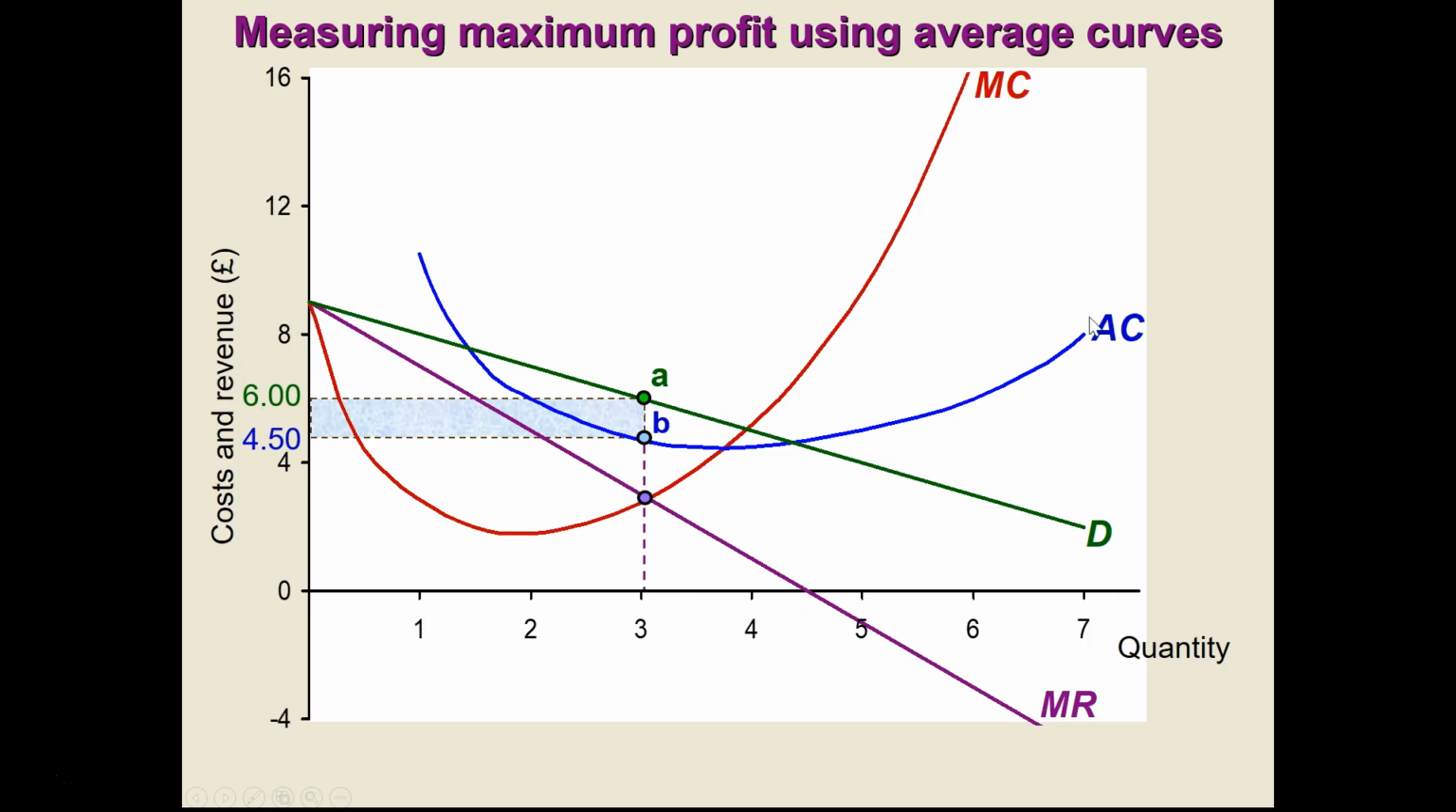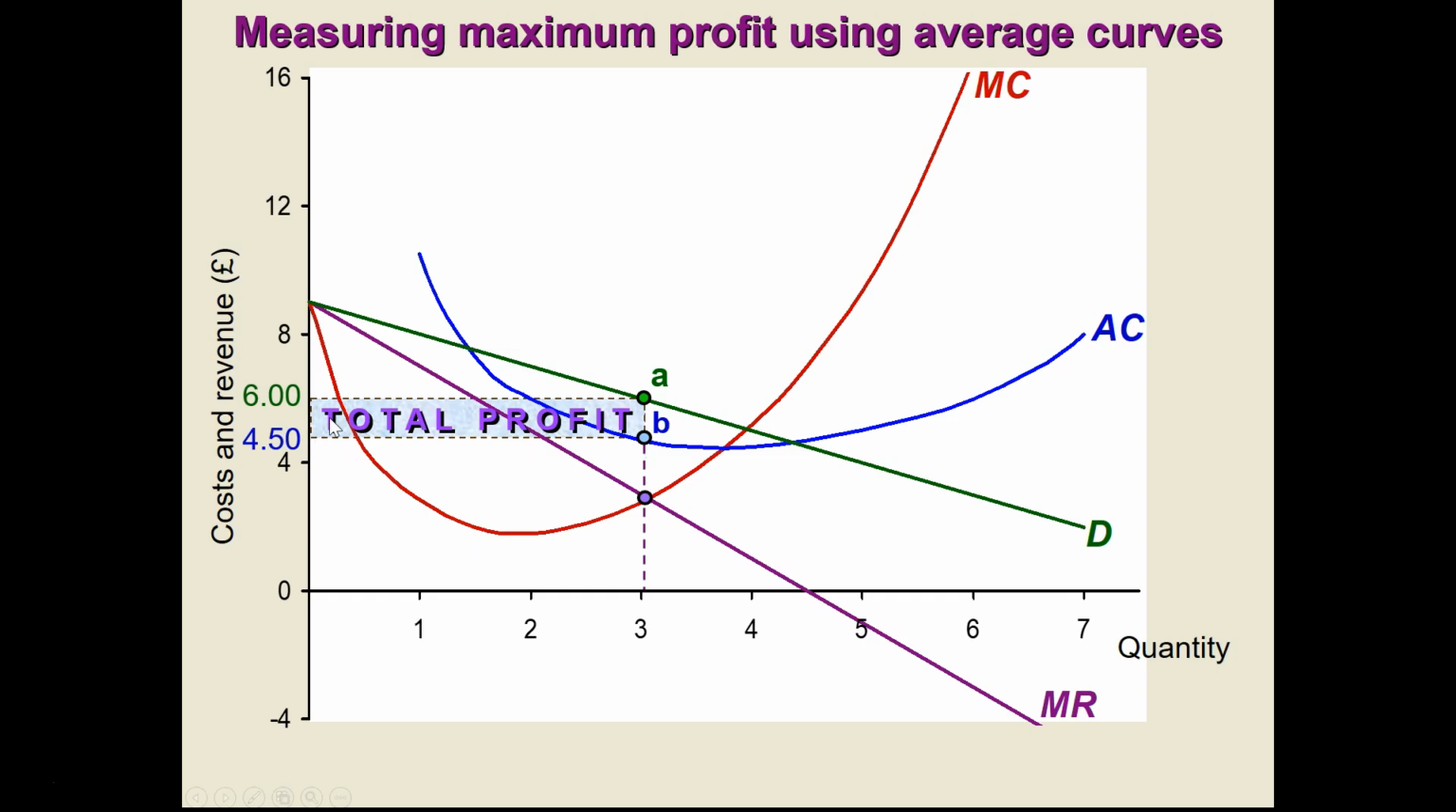While the average cost curve, the blue line, and point B on this curve tell us that the cost of production of this level of output will be £4.50 per unit. In other words, we produce 3 units, we sell them at £6, and each of these units costs us £4.50, which means that our total profit will be shown by this shaded rectangle. We make £1.50 per unit,